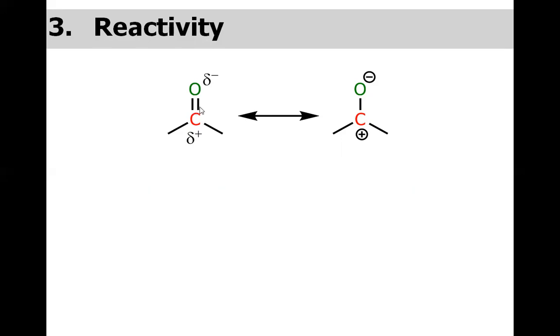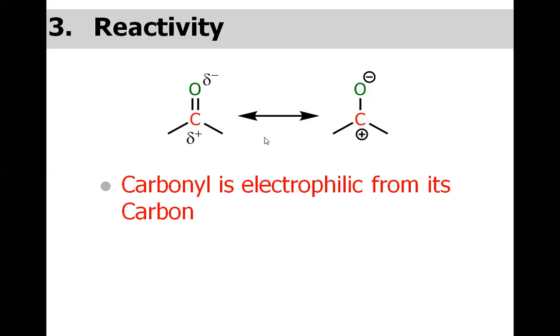If the pi bond is broken and the negative charge resides on this oxygen, then this carbon will be electron deficient and this oxygen will become electron rich. So these are the two resonating forms for the carbonyl. Before proceeding, let us decide which resonating form here is more stable. Obviously the first one is more stable because of no charges being shown on the atoms, and also one more reason about the octet that we will cover in coming slides.